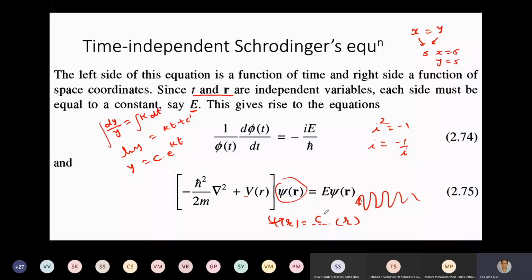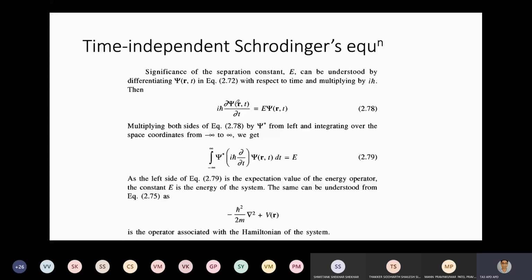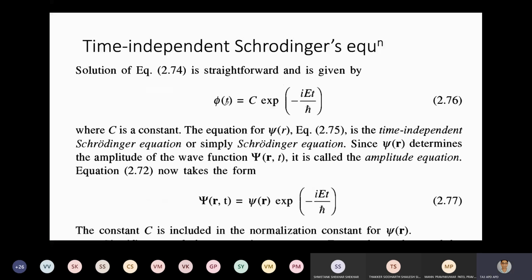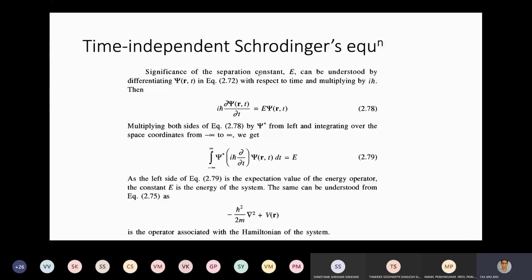So this c is also included in the expression for this. All right. Now, if we want to see why we have taken this constant E, or why we did not take any other constant, you can take any parameter, but we have taken E. So the reason is that if you take the equation 2.72,